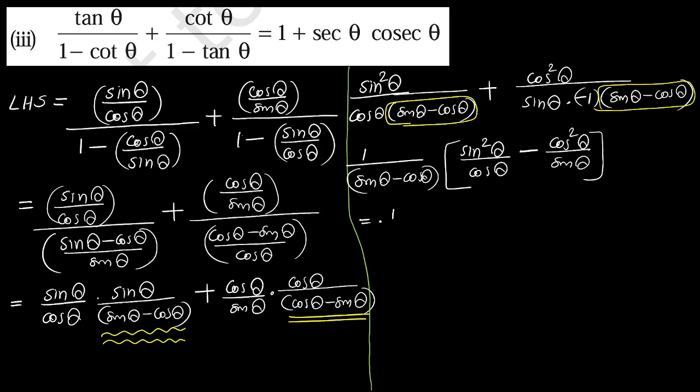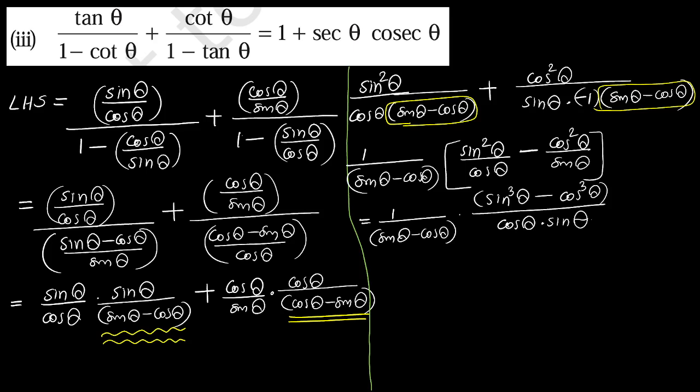So, 1 by sin theta minus cos theta. Can I subtract? Yes. How can you subtract? By doing cross multiplication. Sin square theta into sin theta, sin cube theta. Cos square into cos cube theta. Denominator will be cos theta into sin theta. So this one is also okay. Next step is